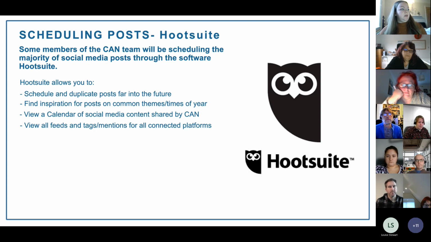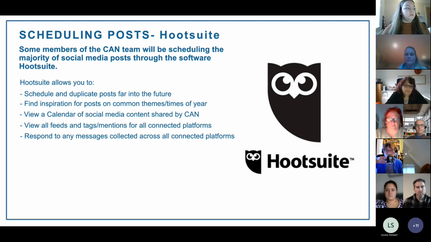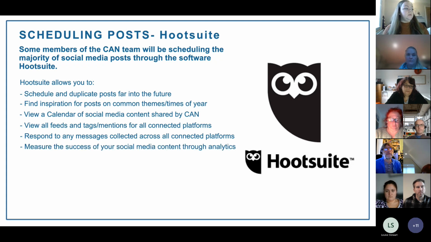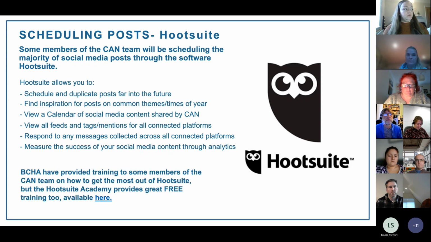but also all of the content that you've already shared. And within this one integrated platform, you can see all of your tags and all of your mentions across all platforms. You can also respond to any messages that are received on any of the platforms within this one space. And you're able to measure the success of your social media strategy and content through what we call